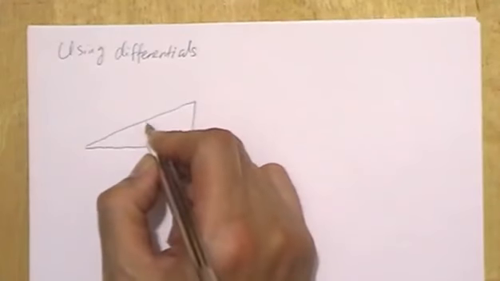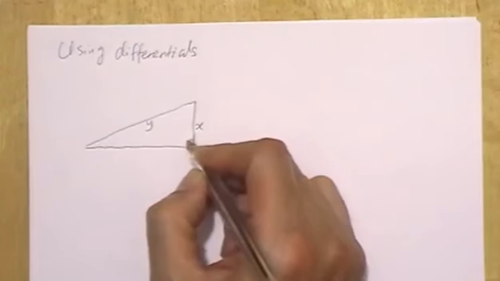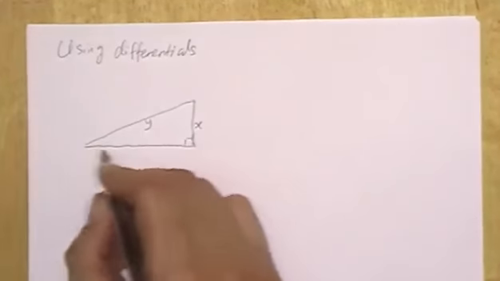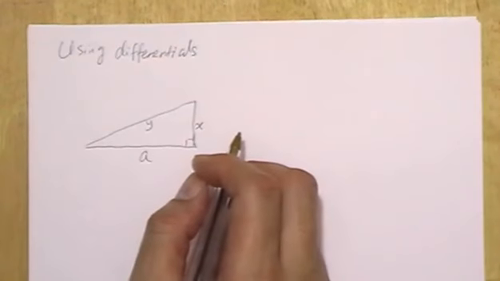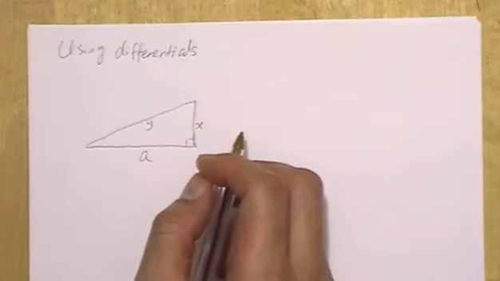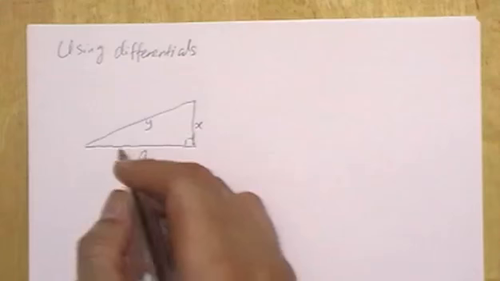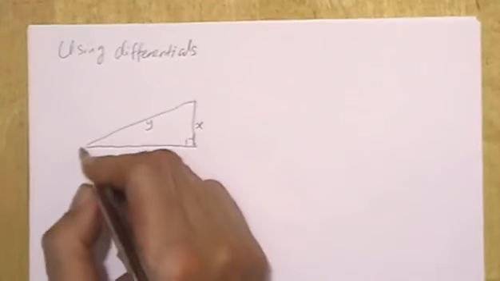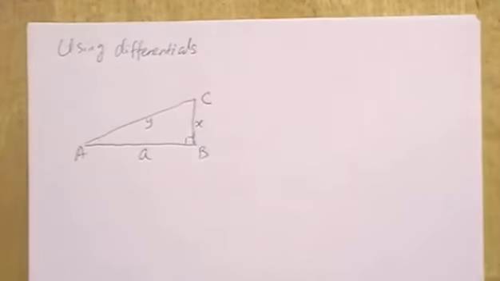I'll call this side Y and call this side X. That's the right angle. And I'll call this side A. I'll label this A, B, C. Now consider what happens